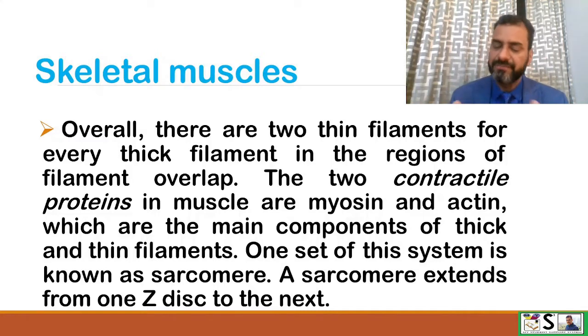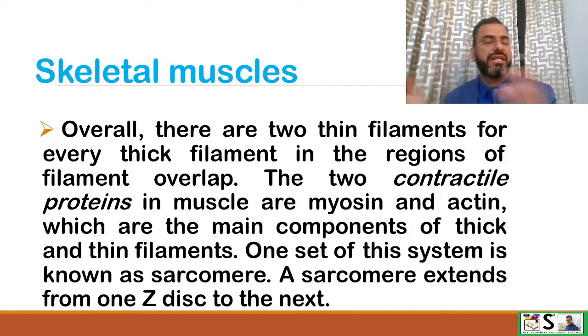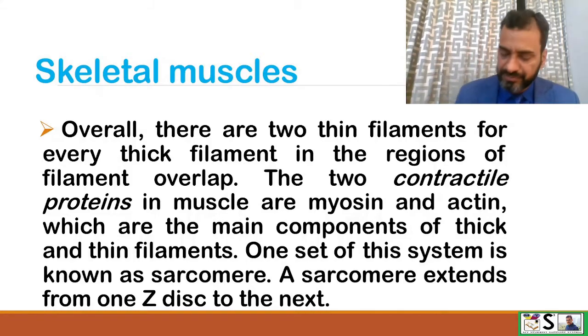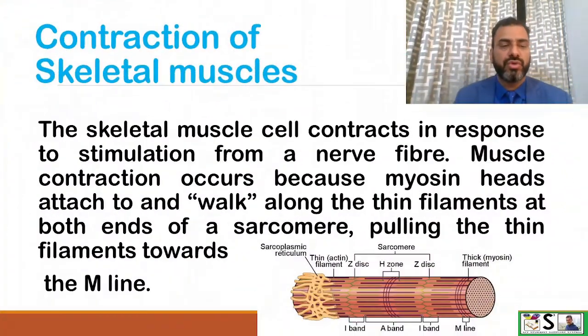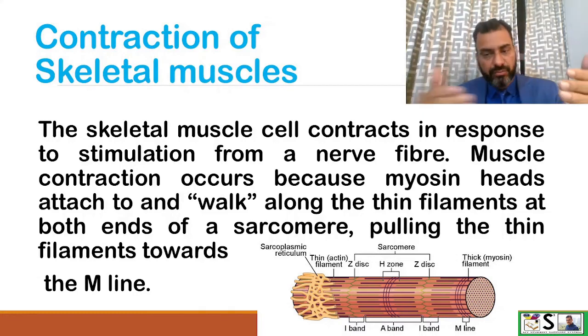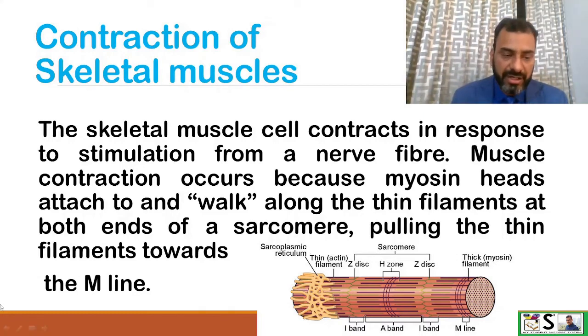So what is the set? Thick and thin band, and the whole band becomes a sarcomere, and many sarcomeres are there in the muscle fibers. The skeletal muscle contracts in response to stimulation from the nerve fiber. Muscle contraction occurs because myosin head attaches and walks along the thin filament like this, and at both ends of the sarcomere, pulling the thin filament towards the